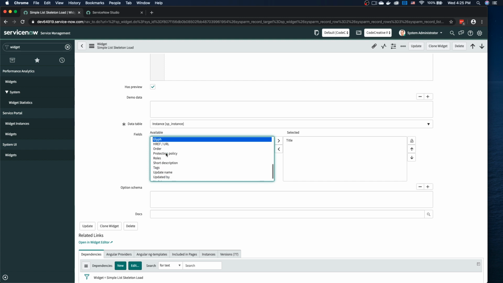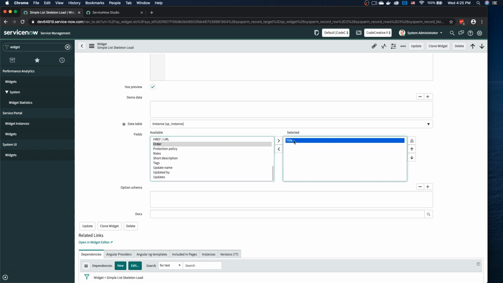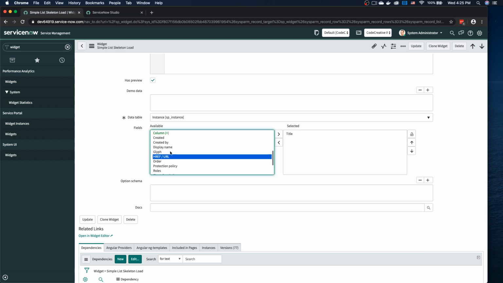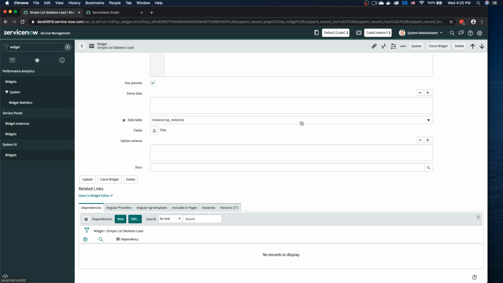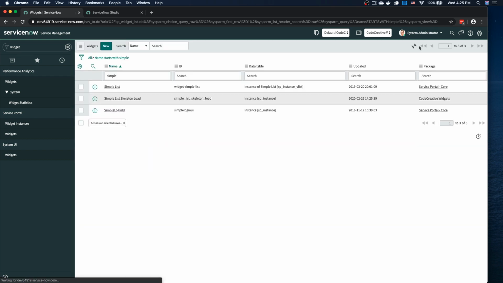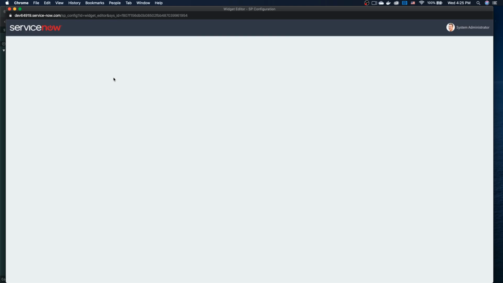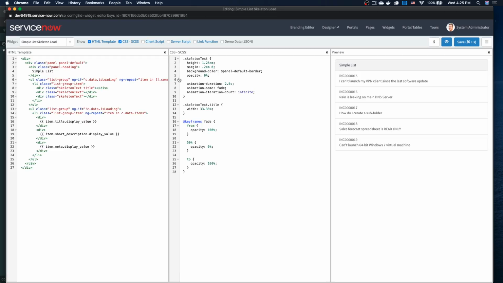Display name, glyph. Actually pretty happy so far with just the title. Yeah, I think I'm pretty happy with that overall. We'll just enable the title one for now. The rest of them we'll create using the option schema. So we'll update that one, jump back to Studio, and kick open our widget again. All right, so